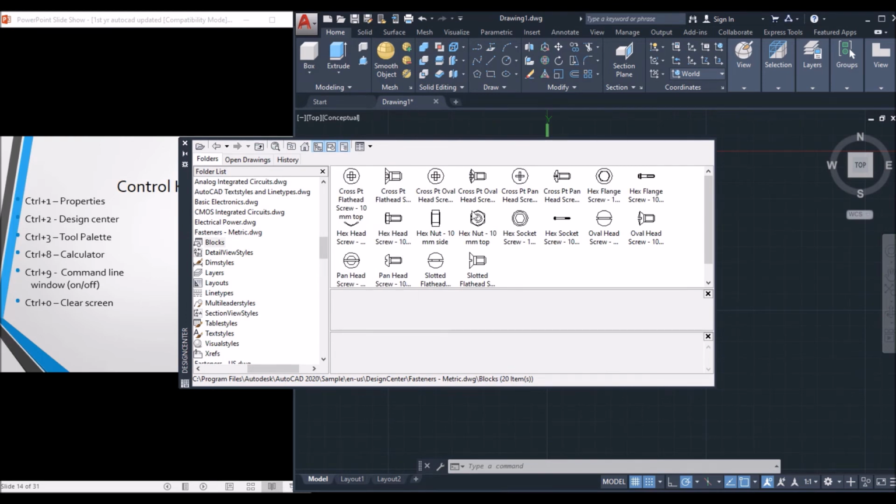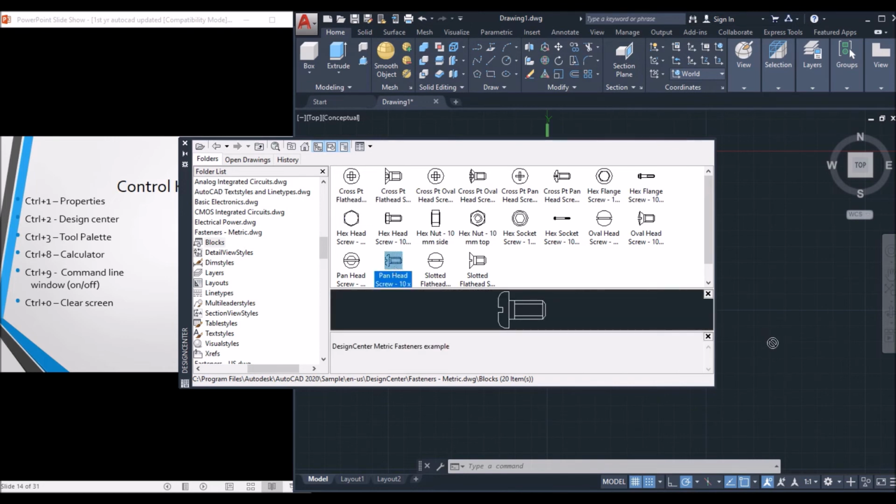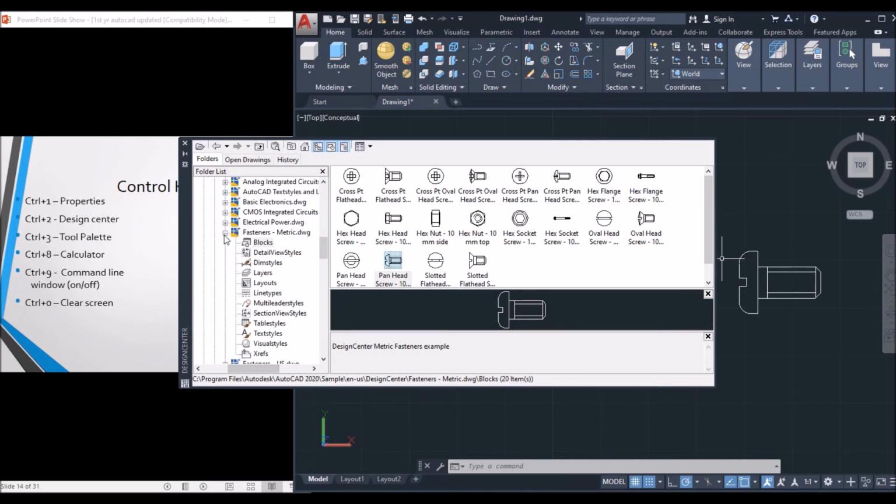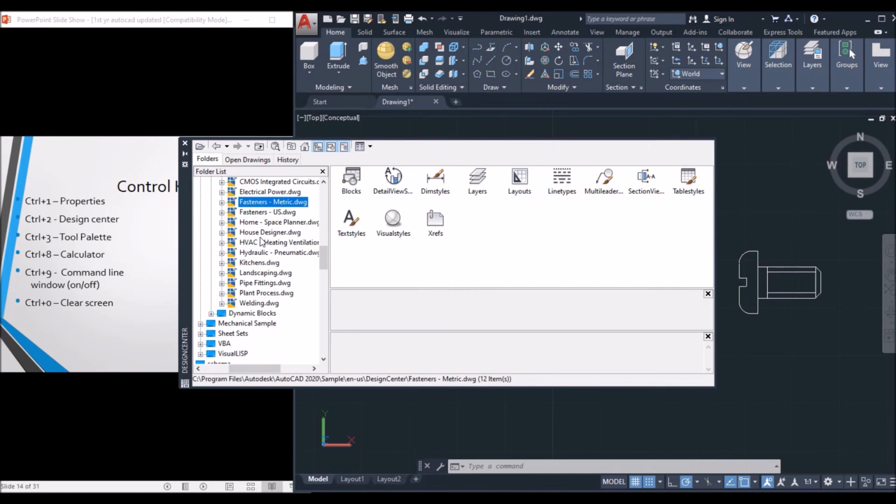If you want to get this, just pick and drop it in the workspace. Here we are going to get that sketched object. Like this we have different types of design centers which are already drawn.